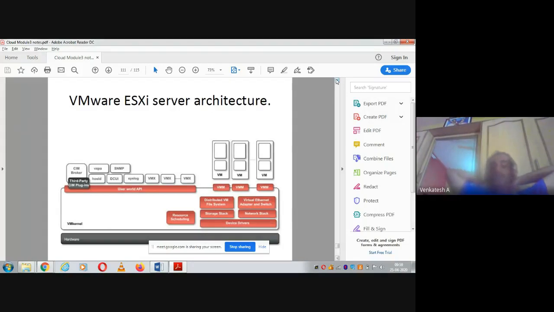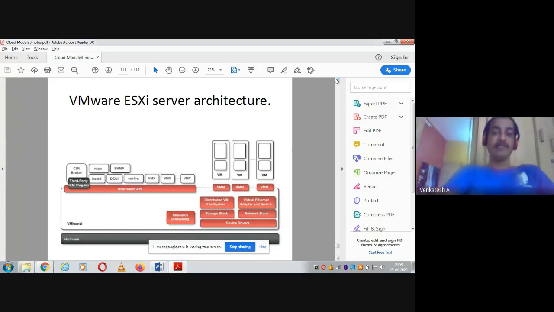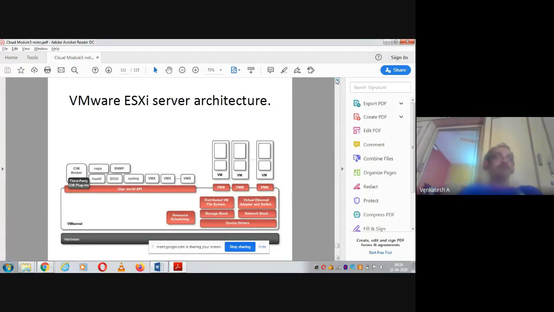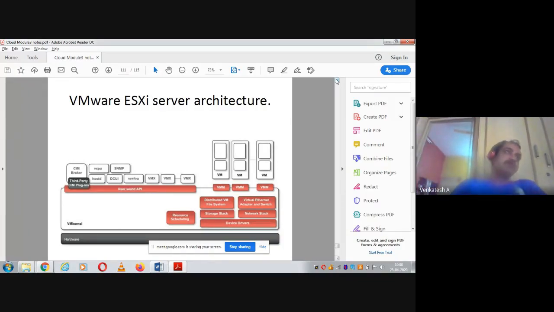Second internal test, not the first internal test. Why? Because module 2 I'll consider for the second internal test. Module 1 and 2 will be considered for the first IA. The first IA question paper is already prepared. For BE, we are conducting exams online. For MCA, so far no clarity. VTU has not given any announcement with respect to MBA and MCA, so we are waiting to see how they want to conduct. Anyhow, module 3, that is virtualization, will be considered for the second IA test, and module 1 and 2 for the first IA test.